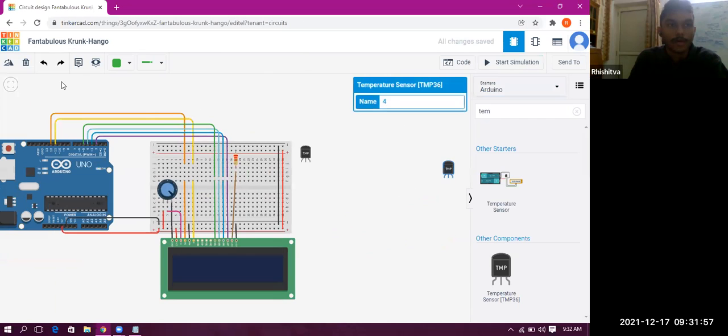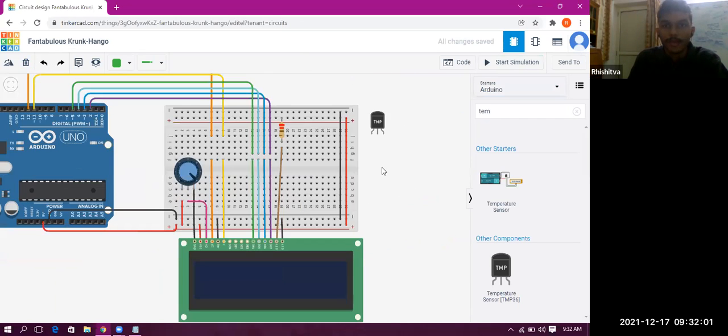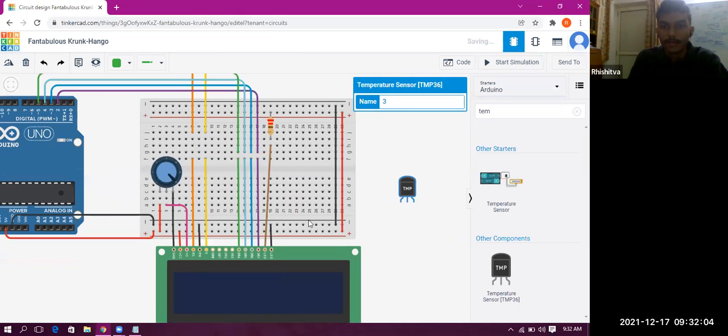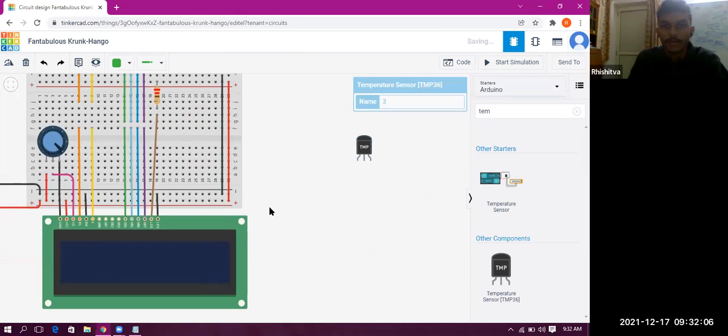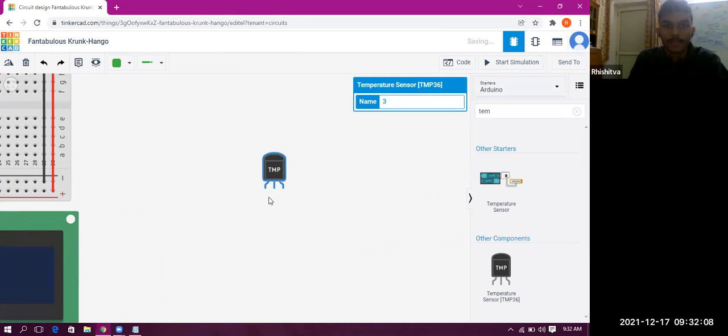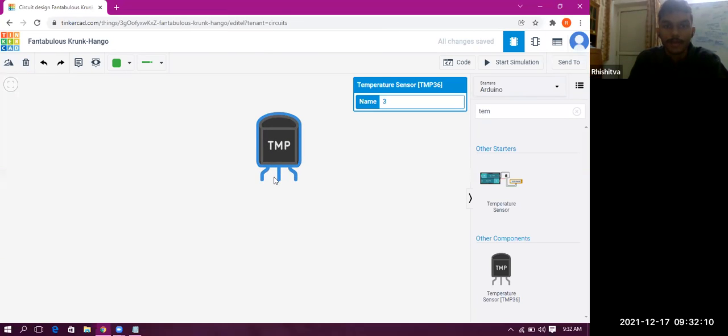Now I think you must be having a fair idea about it. Over here, you see this temperature sensor. I will just focus on it first because this is important for today's class. This is the sensor, TMP is written. Then we have the terminals. There are 3 terminals, you can see. On the left one, we have the power. In the center, we have the V out that I was talking about. On the right side, we have GND, that is the ground.